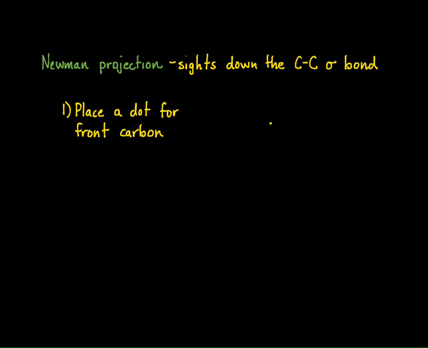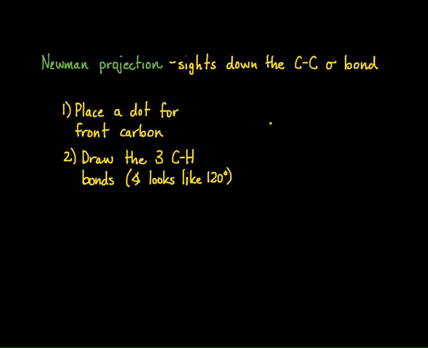So here's my dot. And then you're going to draw the 3 carbon-hydrogen bonds that are coming off of that carbon. So we're not going to draw the carbon-carbon bond, we're simply going to draw the carbon-hydrogen bonds, because if we're looking down that carbon-carbon bond, we actually can't see the bond, but we can see the other 3 bonds to the hydrogens. And it happens that when you're looking down that bond, the angles actually look like they're 120